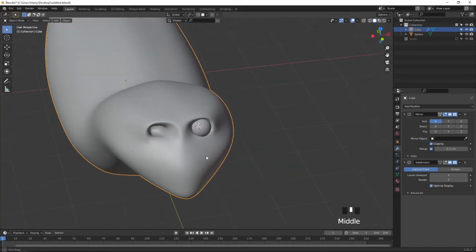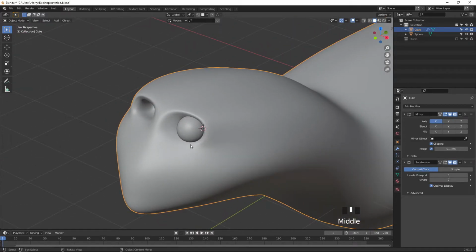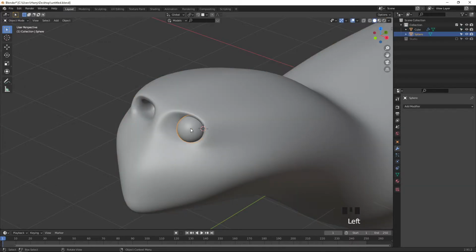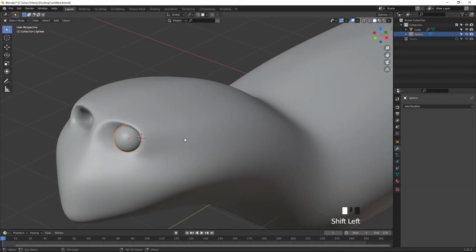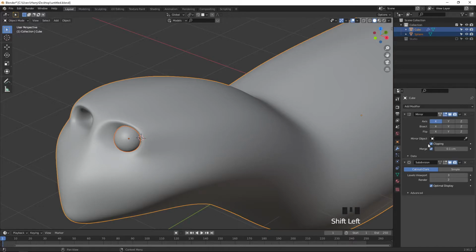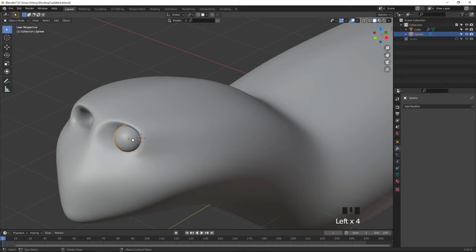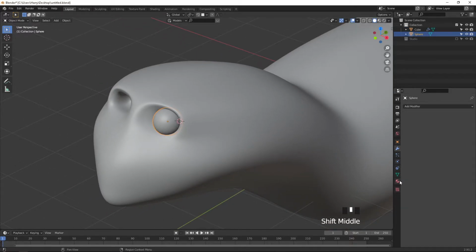Okay, fine. For this character, one eye is created, so we want to give it on the other side. So what I'm going to do is select this one and select this object. Okay, fine. I go to the material first.